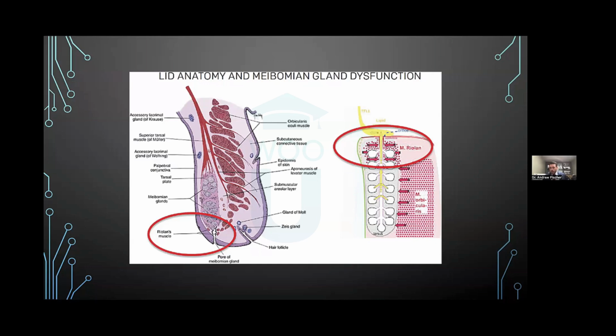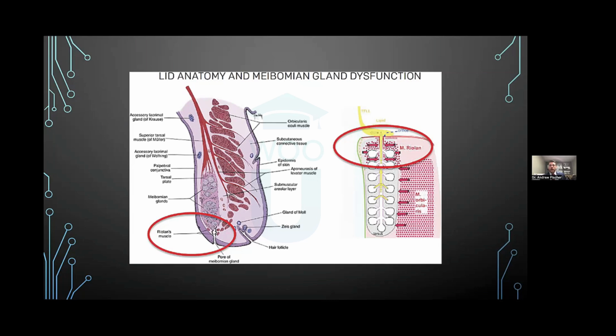When we're on screens and our blink rates decrease, or we're not a great full blinker, those oils over time go from being liquid, olive-oil-like, as they should be, to a little bit thicker and inspissated, to thicker and gel-like, to the toothpaste or Cheese Whiz consistency we see in videos online all the time. Eventually they get so thick that they turn into a waxy cap and block themselves off. At that point, we need more intense treatment to get those glands cleared out.